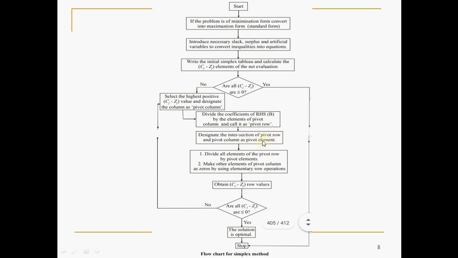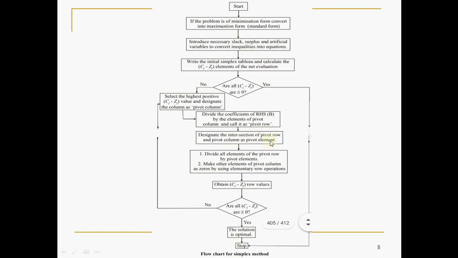And you have to remember three things. The pivotal element you always have to keep as unity while moving from one table to another table. This work you have to do before going to simplex table 2. So once you get all Cj minus Zj not lesser than or equal to 0, identify the highest Cj minus Zj, find the ratios. Out of the ratios, find the least ratio. Corresponding to that, you call that PR. Once you get PR and PC, the intersection element is the pivotal element.